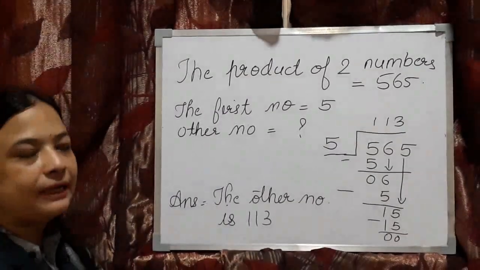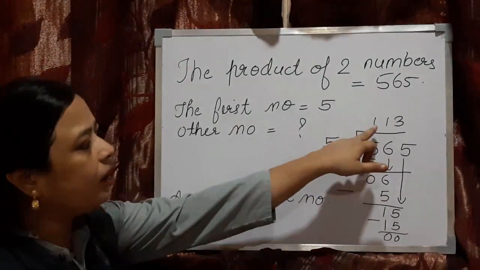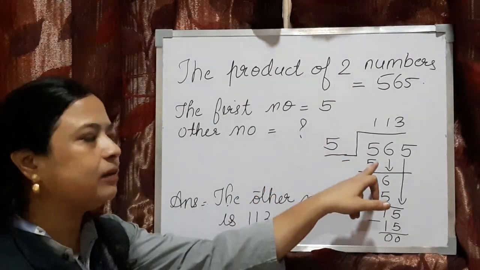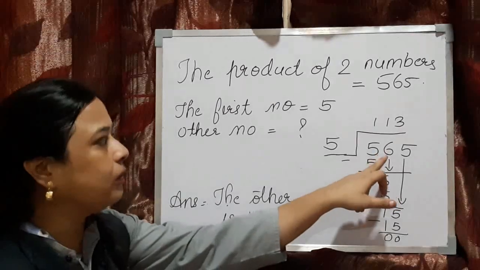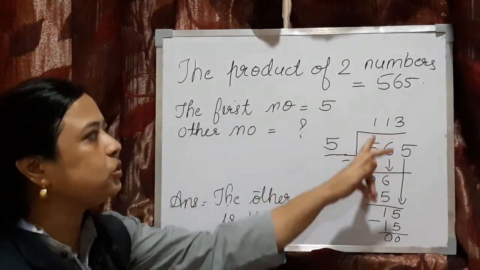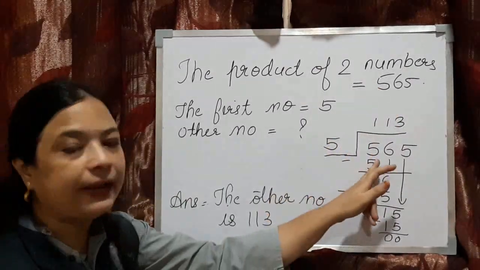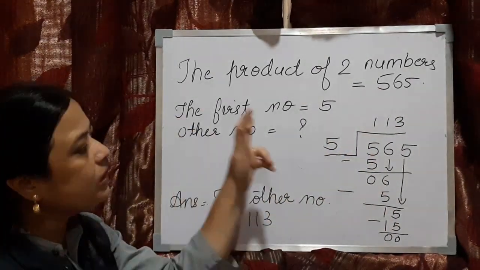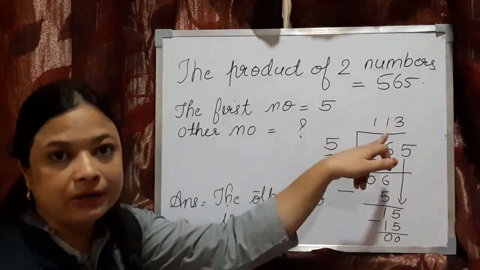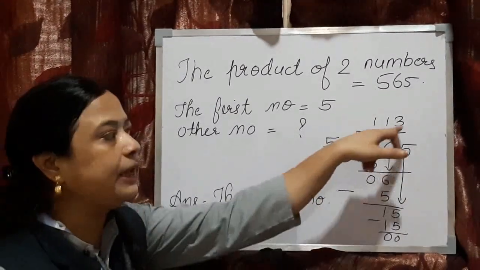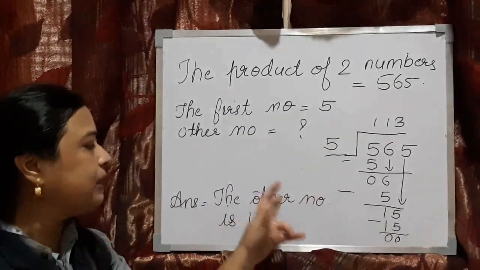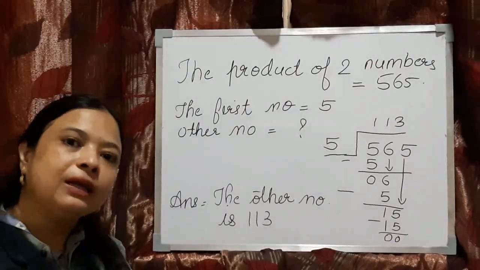Right, children? So that is why I explained to you that when we multiply this number with this number, we get the total here. So here also the product of two numbers is given to us. So the total is given to us, so we had written it here inside. And the first number is given to us, and this number was not given. ये नंबर दिया था और ये नंबर हमको नहीं दिया था, तो हमने डिवाइड करके उसको फाइंड किया. तो the other number is now 130.